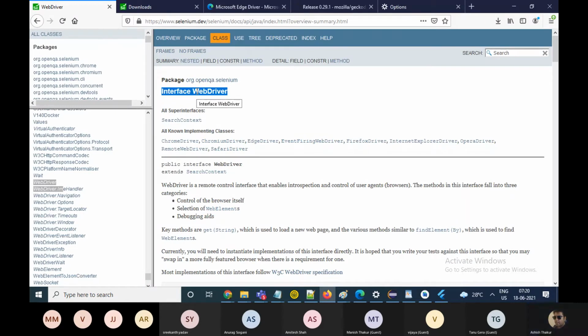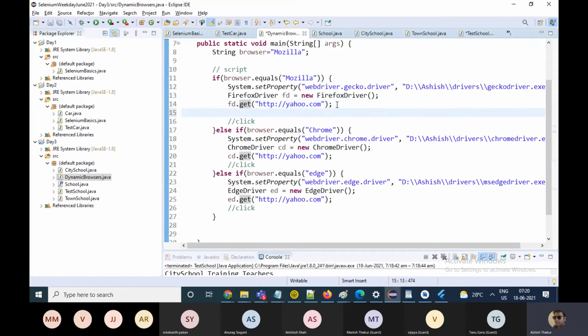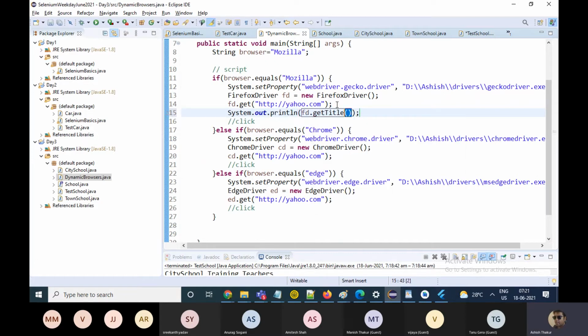Now, if I write Firefox driver dot, you will also get the function say get title. So get title is there in the WebDriver interface, and from there it comes to the Firefox driver class.